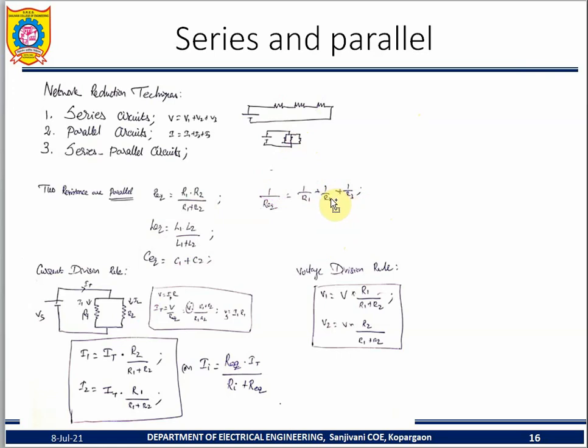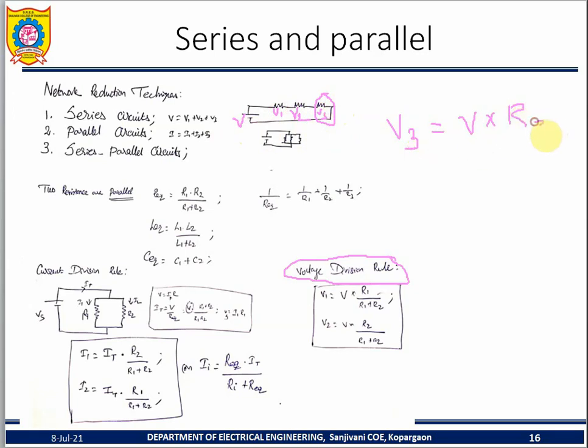Okay. Then in the last class we saw the voltage division rule. Voltage division rule is used to quickly find out voltages. So here are V1, V2, V3. Can you find the V3 voltage quickly? Yes, it's very simple. V3 is equal to the supply voltage V multiplied by the resistance across V3, so R3.